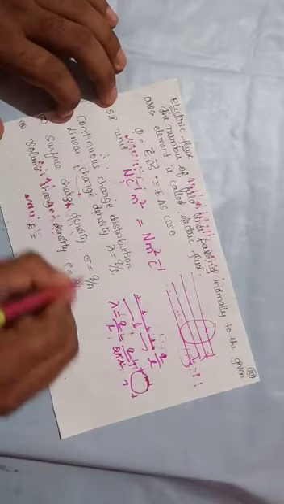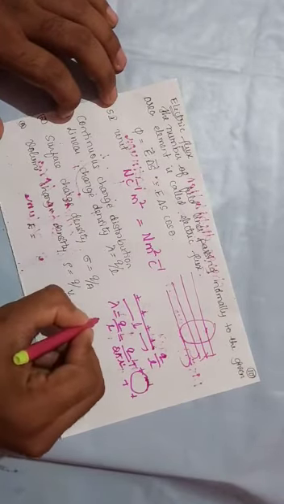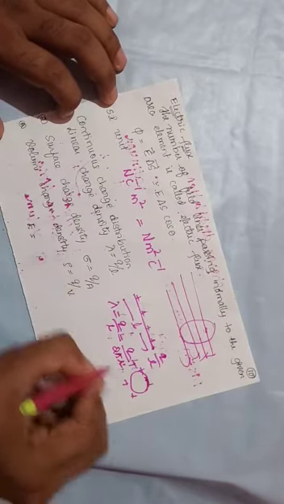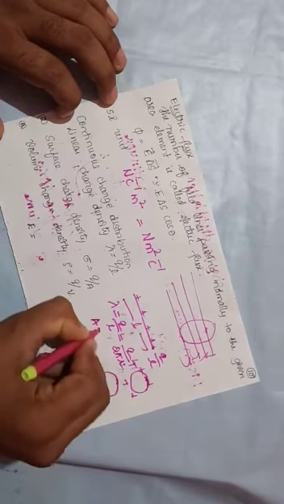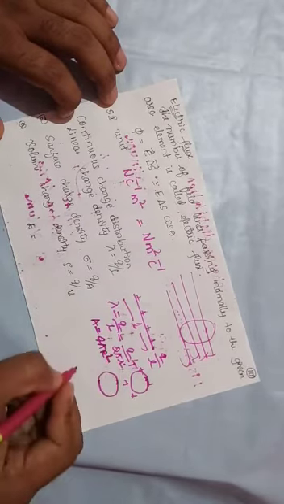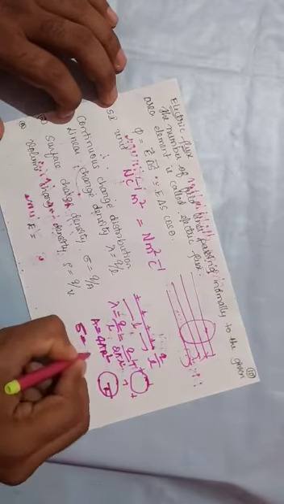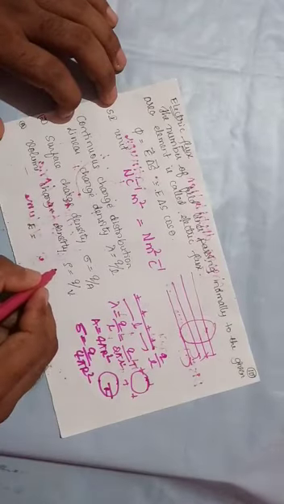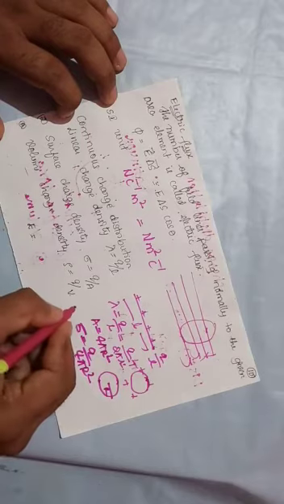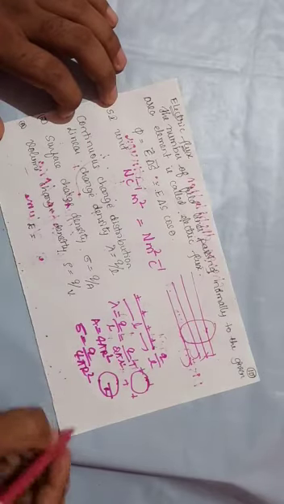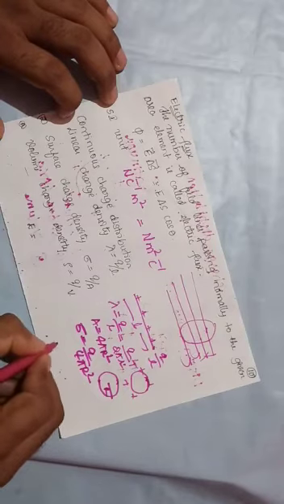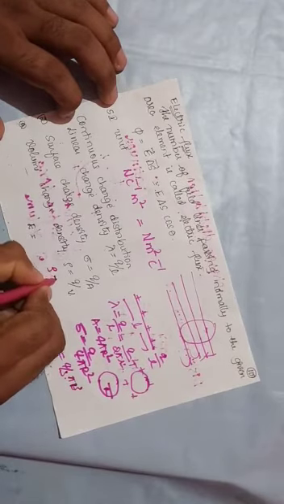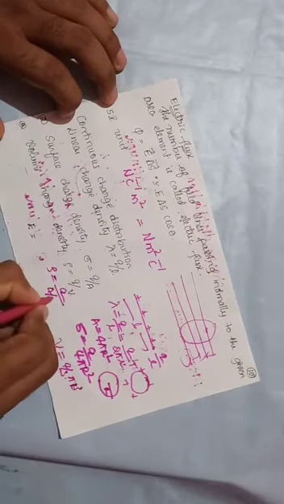Similarly, we can define the surface charge density. Surface charge density is nothing but the charge per unit area of the conductor, that is sigma is equal to Q divided by A. For a sphere, the area is 4 pi r square, where r is the radius. Then sigma is equal to Q divided by 4 pi r square. For the volume charge density, rho is equal to Q divided by V, where V is the volume of the conductor. For a sphere, the volume is 4 by 3 pi r cube. Therefore, you can write rho is equal to Q divided by 4 by 3 pi r cube.